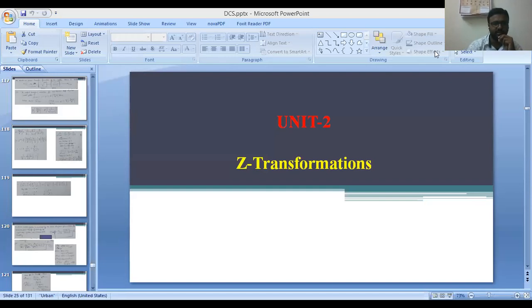past 2 days, we have seen how to frame the equations for pulse transfer function. That is nothing but to frame the output divided by input, that is C of z divided by R of z. We have seen the derivation for open loop systems, and we have also moved into the closed loop system.